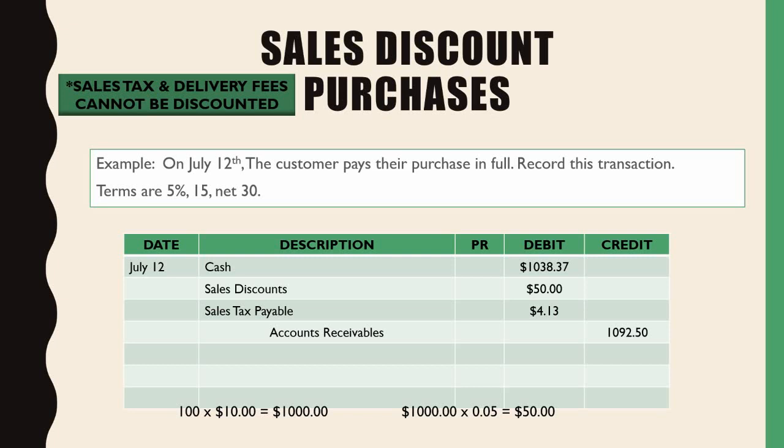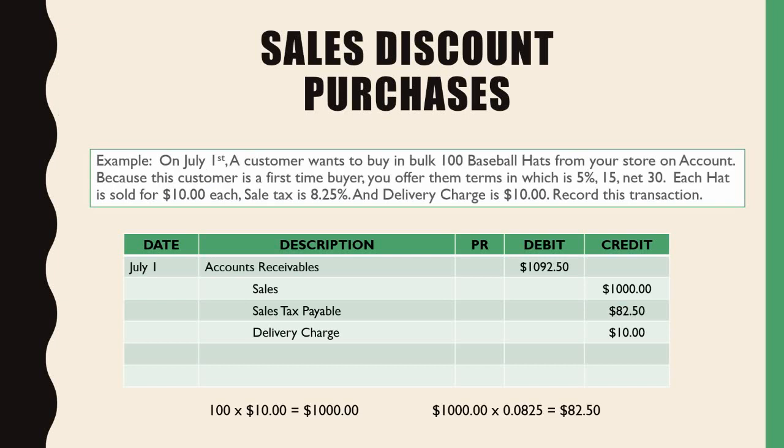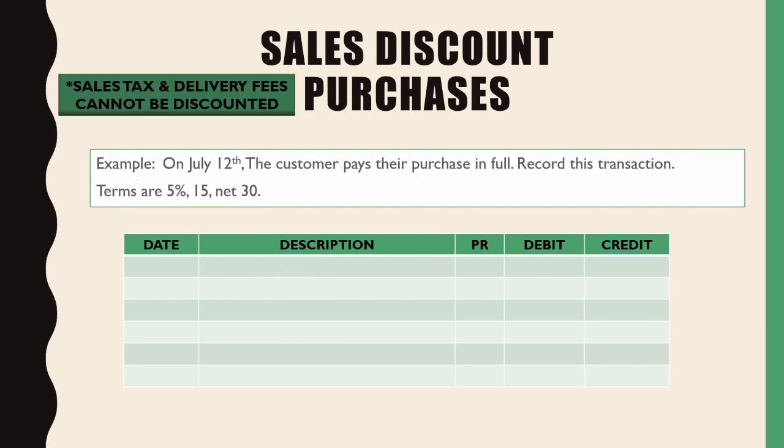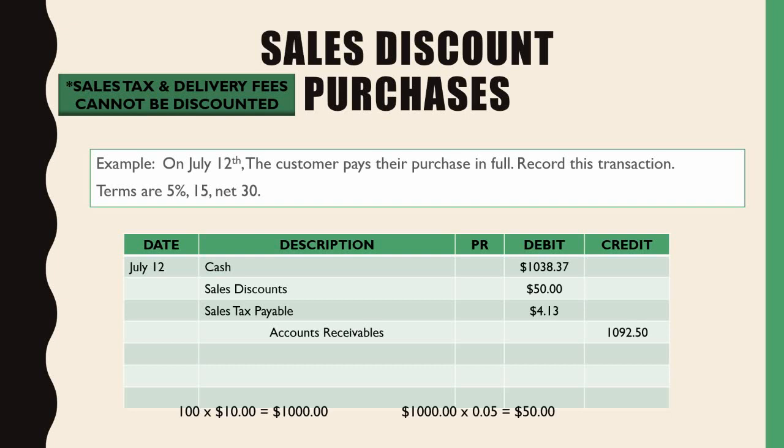If I sold to them $1,000, and then I end up refunding $50 of them for the discount, that means I'm at $950. And then I have to add whatever tax money I had to have, which was the $82.50 minus the $4. That's just more complicated if you do it that way. And of course, I have to add the delivery charges, and that's going to give me my grand total of